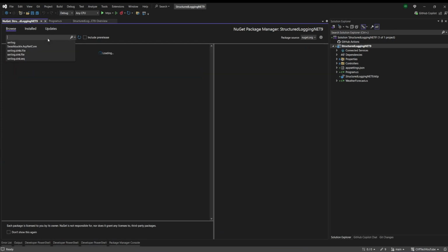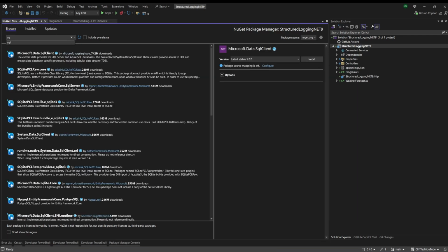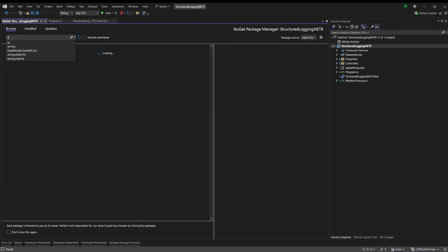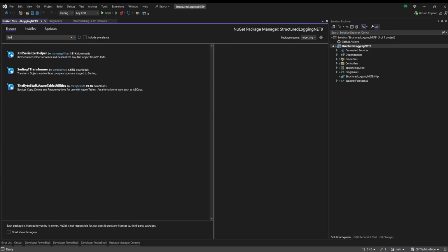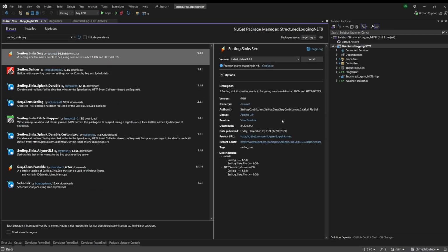So Seq is also a way that it can help you to do more diagnosis, or to debug or read the structured log file. So we are going to install Seq, but here we are going to install what we call the sinks, right? So we are going to see Serilog like this. So Serilog, and then we have the sink. So we need this, and then we want to install the sink. So Seq is also a way that it can help us, and I'm going to show you how you can